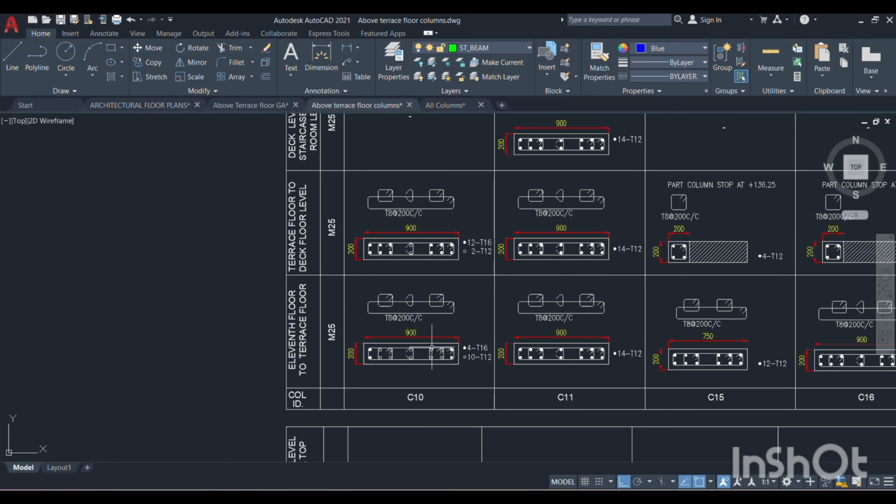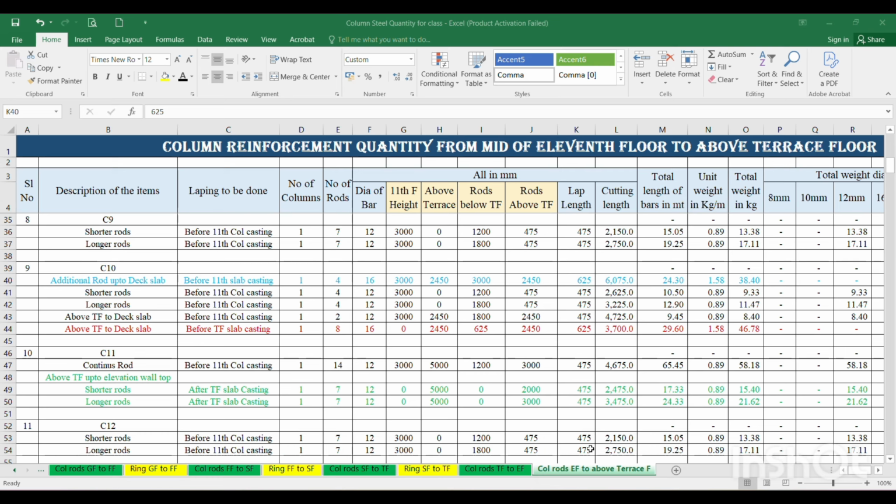That's why I am taking these 4 plus 4, 8 rods that are going to terminate at the terrace level. So 4 plus 4, 12 dia, as it is 11th floor height. This rod is not going above the terrace floor, that's why it is 0. So the rods below the terrace floor: one is 0.4 times and one is 0.6 times, to match the both rods. And this is the lap or development length above terrace level, and this is the lap length